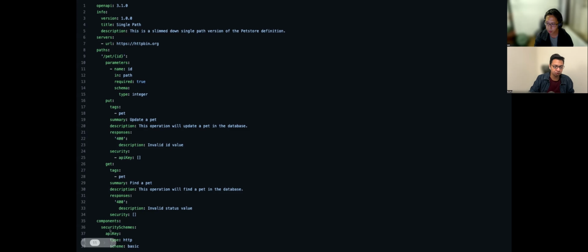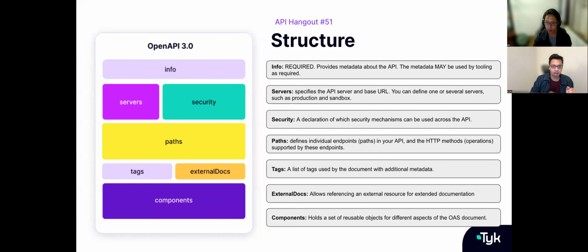And then finally, we come to the component section. I'll go into what each section does in the next slide. But just to give you an understanding of what an OAS document looks like, the thing that you would have noticed is that this has been written using YAML. So there are two ways in which you can create an OAS document. YAML is one of them. The other way is JSON. So again, there is a degree of flexibility in the way in which you can create this.